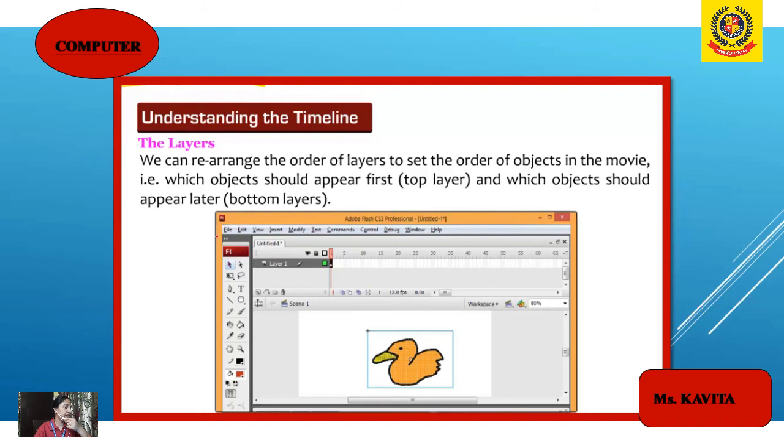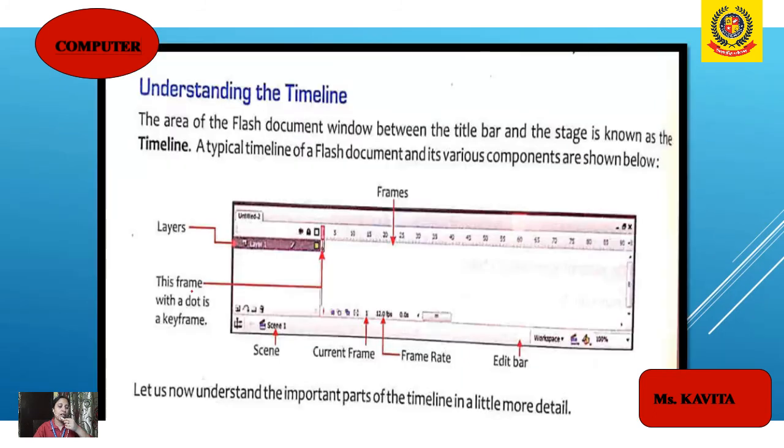The area of the Flash document window between the title bar and the stage is known as the timeline, like you must have seen in a tape recorder. A typical timeline of a Flash document and its various components are shown below.